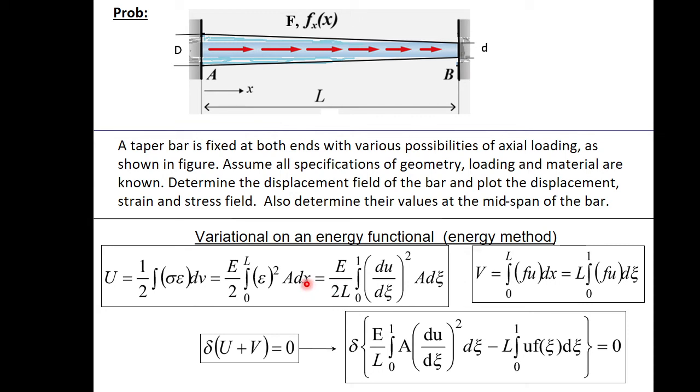Then d xi is basically something. x is equal to xi into L, so dx is equal to L into d xi. And again there is a du d xi, where from we will get a 1 by L, its square will give 1 by L square, and a L here, so we will get 1 by L here. And from here in the expression of V we have dx, which is becoming L into d xi. So this is the expression of U and V.